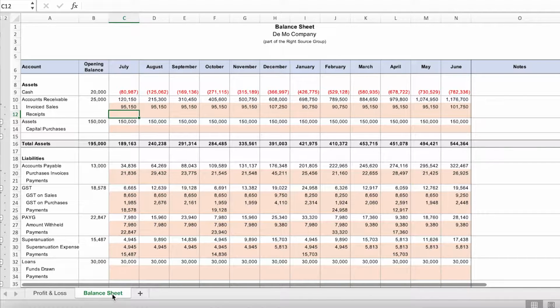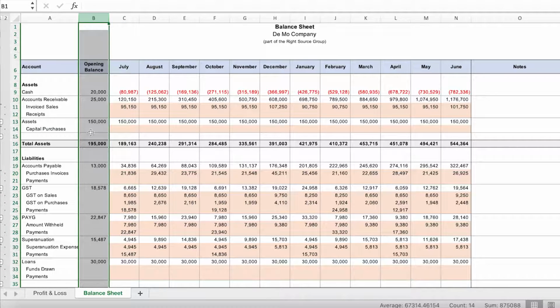Basically, it's got, high level, the types of accounts you'd have in your balance sheet, and we'll work through each of those accounts, how we populate those numbers to reflect what's happening in your business. But the first thing you have to do before you start populating that is put in your opening balances. So as at the start of your budget process, let's say at 30 June, what are the balances in your balance sheet? They're your actual opening position.